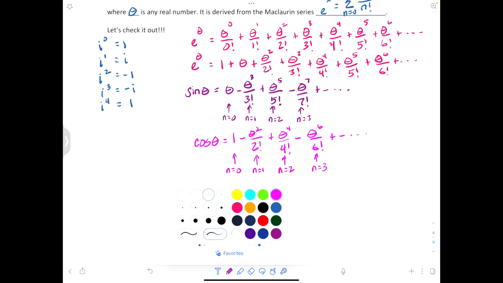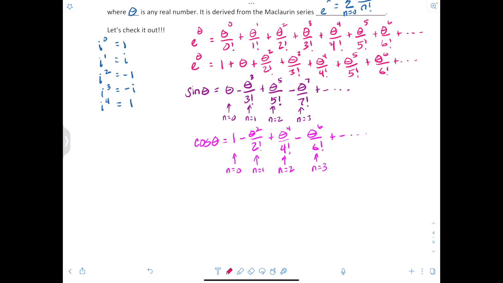So if I come back here and I look at my e series, but instead of putting in x, I put in i theta, this ends up being i theta raised to the 0 over 0 factorial, plus i theta to the 1 over 1 factorial, plus i theta squared over 2 factorial,